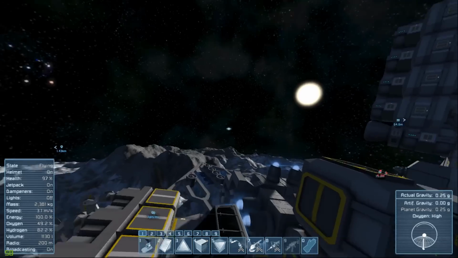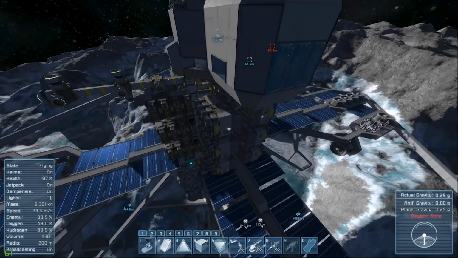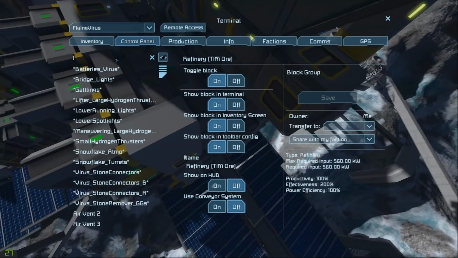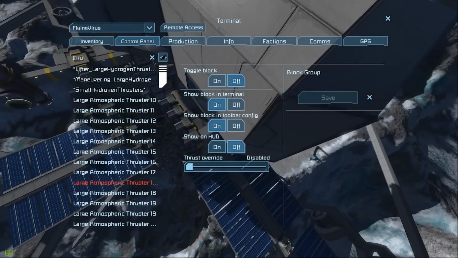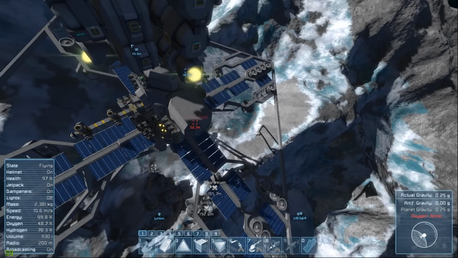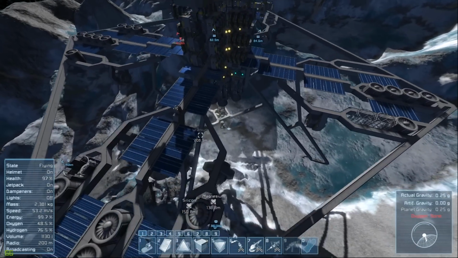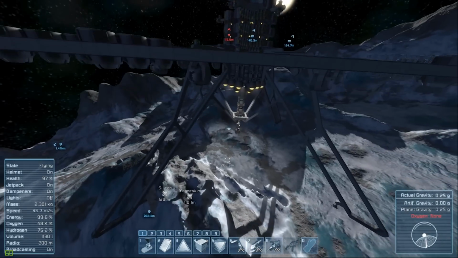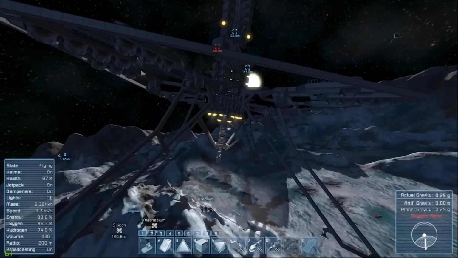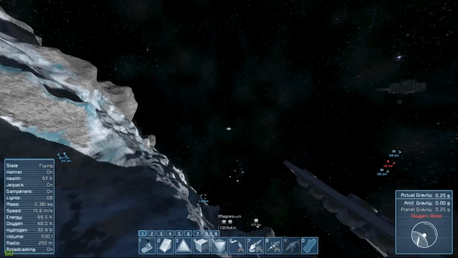Okay, I've dropped the ship. I've dropped the ship. Thrusters on. Right? Stop falling. Bad ship. Stop rocking, stop turning, just...